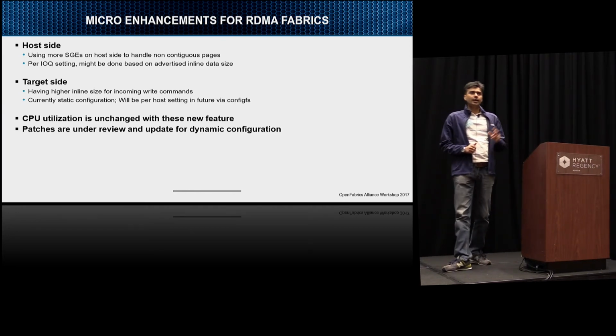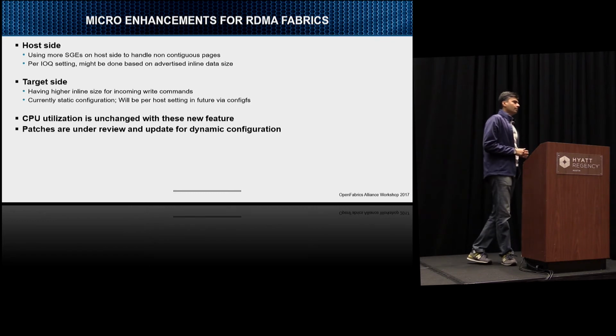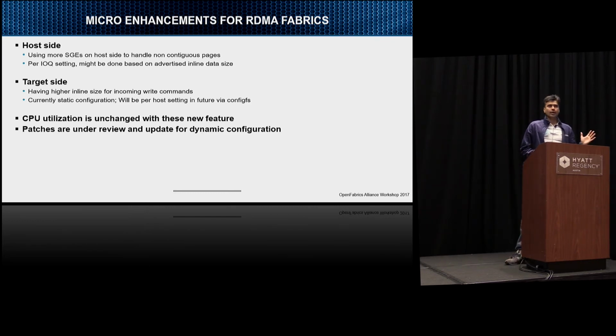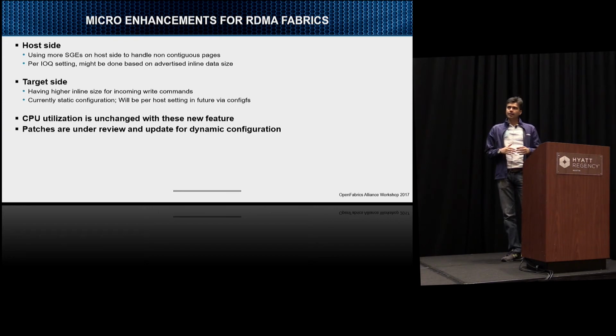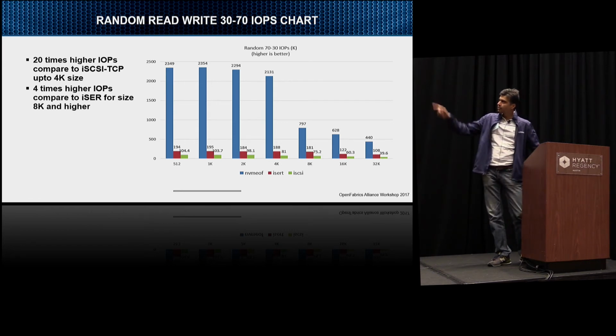NVMe write commands can complete within just two operations. It supports inline data, probably close to the MPI words and eager data, where the send and the actual data can go in one command as an RDMA send operation to the other side, and the target can complete with an RDMA send operation with a 16-byte CQE. Up to 4K, the target exposes the inline data size as 4K,